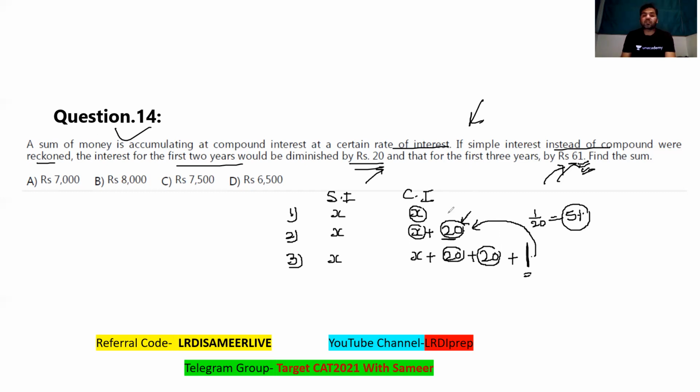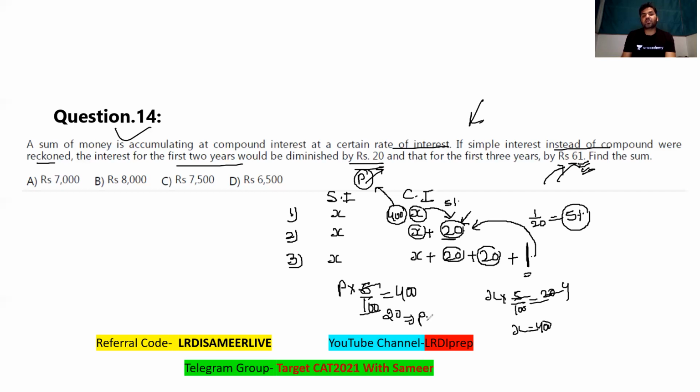So if the rate of interest is 5%, this 20 is 5% of the X value. This 20 is nothing but 5% of X. So X into 5% is equal to 20. That means X is equal to 400. So in the first year, you are getting 400 rupees as interest. And this interest has been earned on the principal value P. And the rate of interest, as we have already seen, is 5%. So 5% of the principal will be 400. This cancels out with 20. So you'll get the principal value equal to 8,000. That's the correct answer to the question.